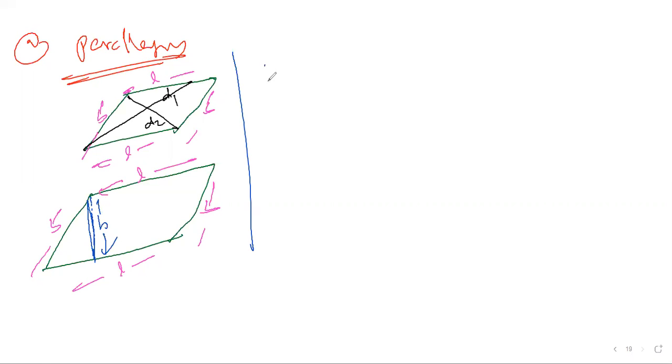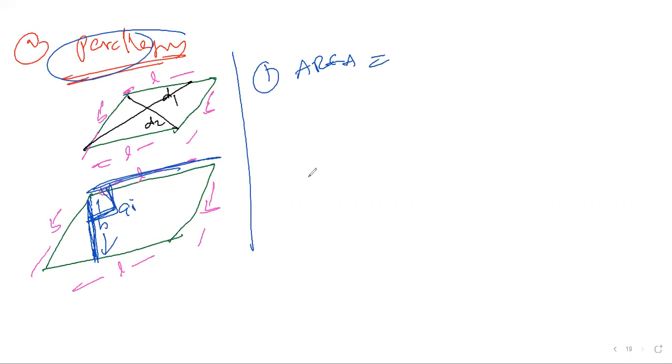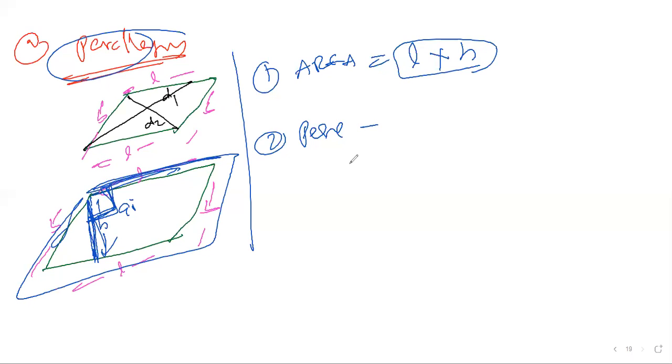When writing the formula for a parallelogram, the area means side into side. This is one side length. Don't take this slanted side; you can take the height as the side. A perpendicular is required when you're taking side into side. It's a very, very interesting concept, especially for the parallelogram. So the area of a parallelogram is length into height. Very, very important. Next, the perimeter is same as usual: L plus B plus L plus B, fencing is same. So 2L plus 2B, 2 times of L plus B.